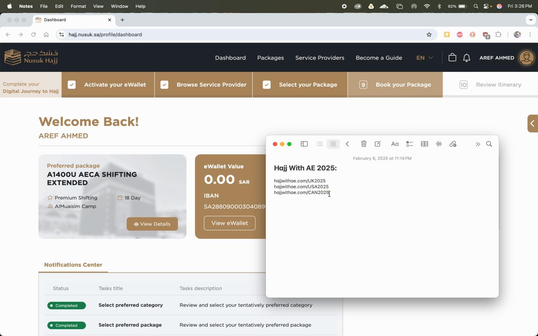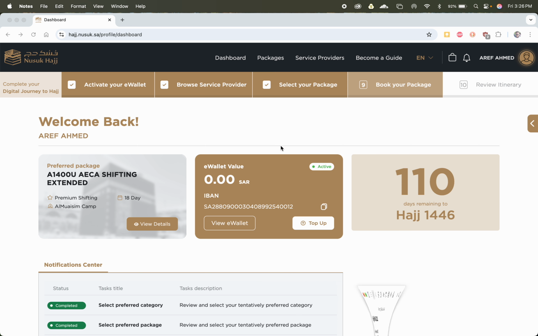Otherwise, for example, for me as a Canadian, if I choose the UK package or the USA link, I'll be able to actually configure the package, but once I get to the flight, I won't see any options because those flights are only available for USA pilgrims or UK pilgrims, depending on what I picked. So based in Canada, I will take the link to the Canada package, copy it,